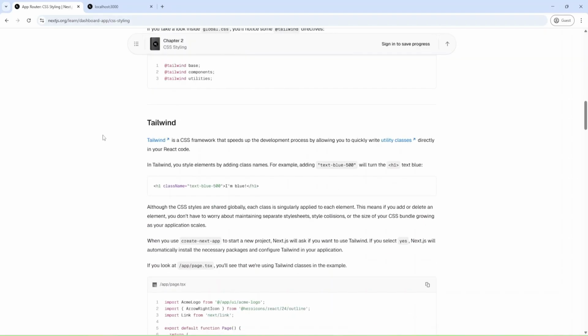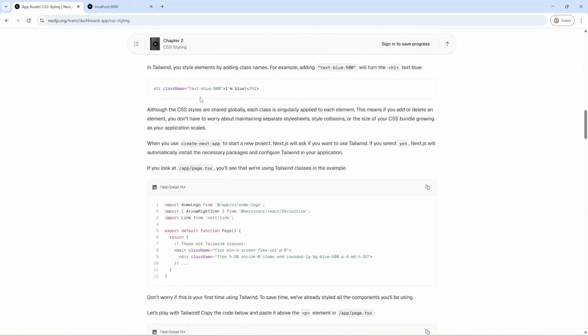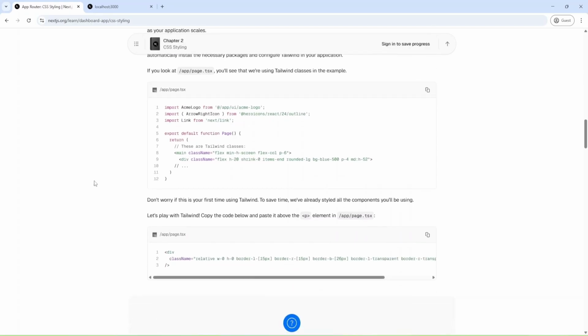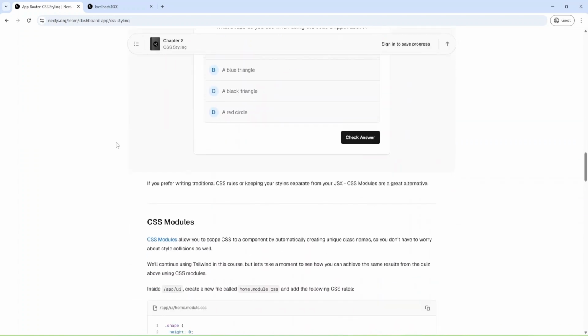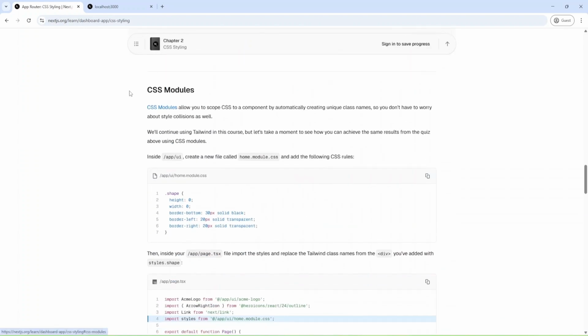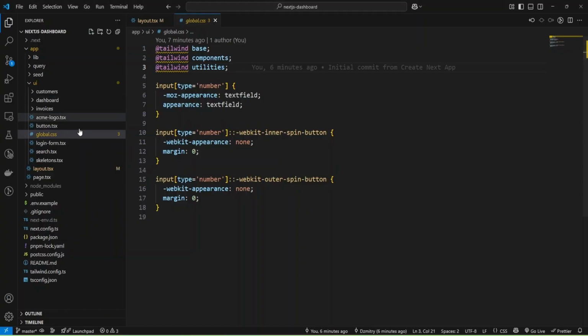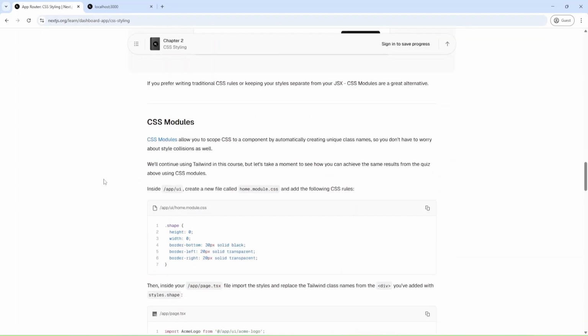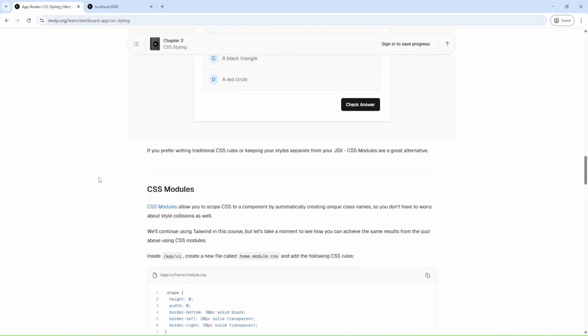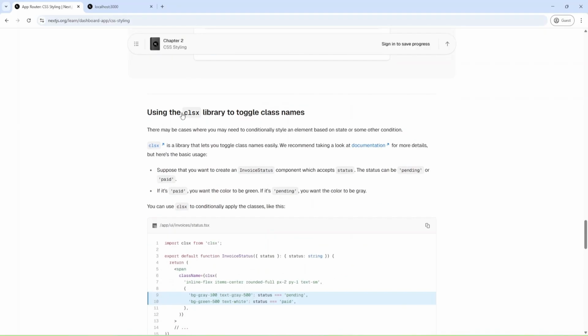Okay, and with Tailwind we can add styles directly in our React code or JavaScript code, and you can check this doc. And also they use CSS modules. Let's check. Okay, and I don't see any CSS modules. Okay, they just propose to use CSS modules, but we'll go with Tailwind. And let's check what we can do next.